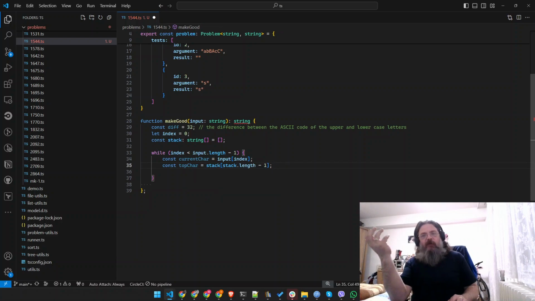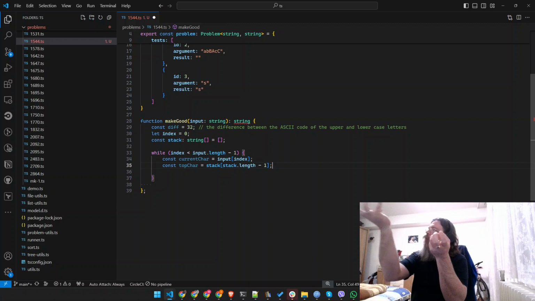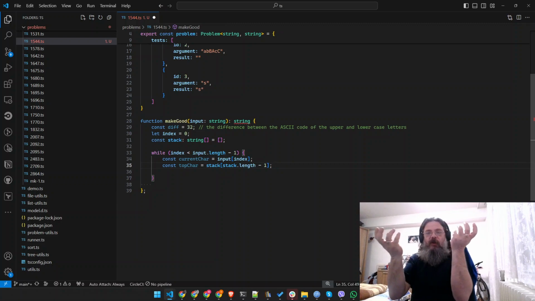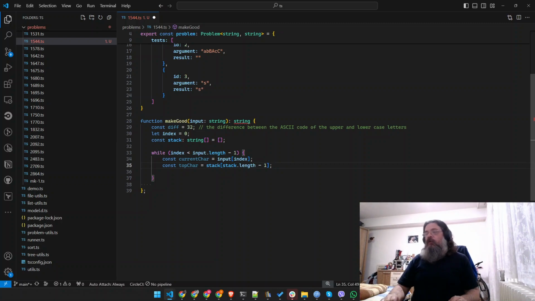So this is the current and the top of the stack is actually the previous character. So we are comparing our current character with the previous character, and if their difference is 32,